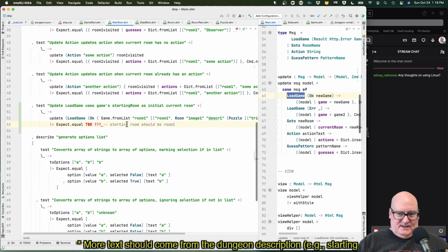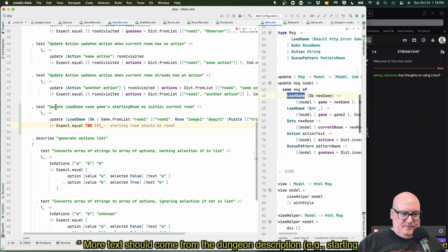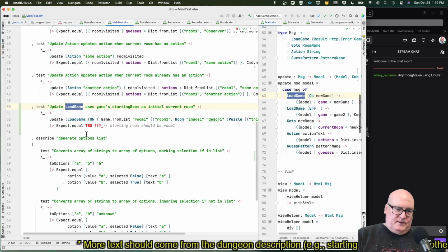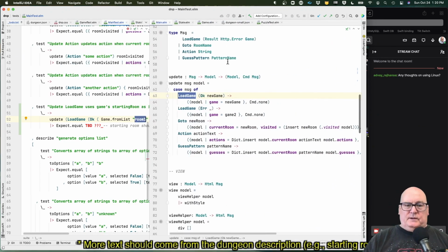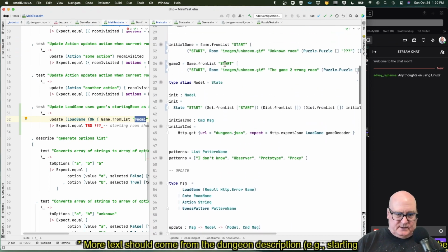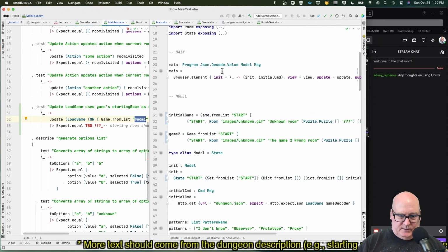All right. Let's see. So we left off this question of getting the initial room set up in our update. Let me go back to the main. Okay, so when the game starts, let's go all the way back to the top.